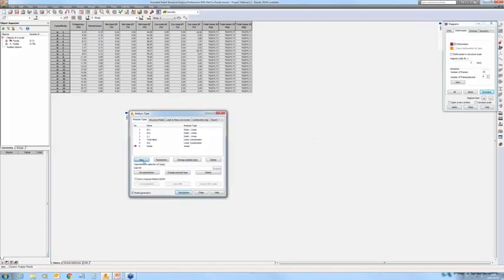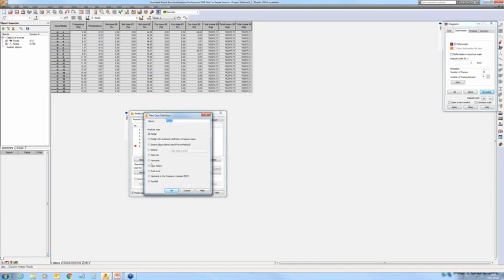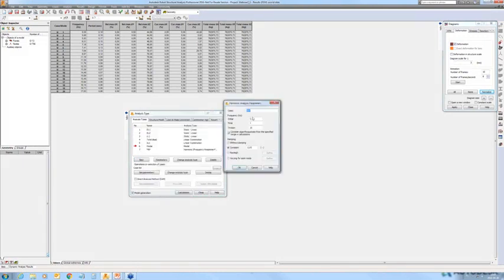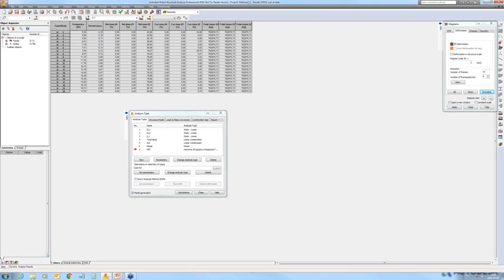So I will press the New button, and now I can select FRF analysis. I will set the range of frequencies between 5 and 15 Hertz. I will leave this checkbox marked, but I change the damping to 1%. Okay, and now